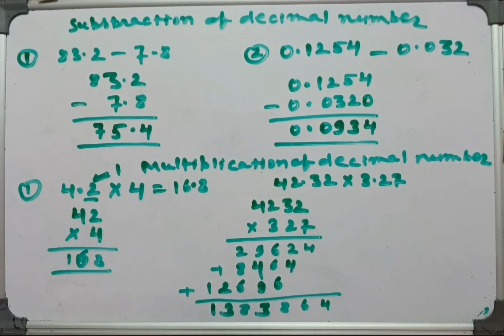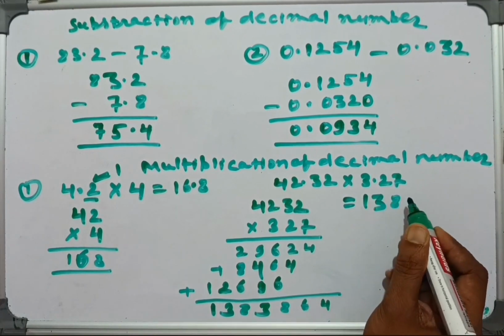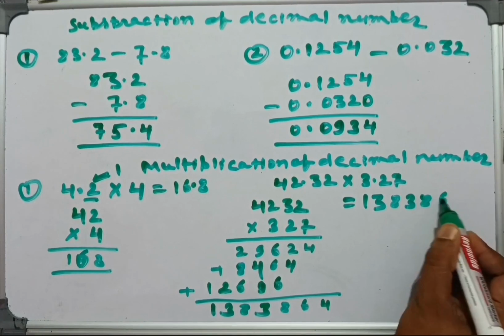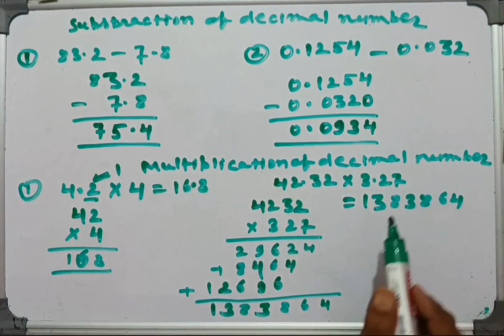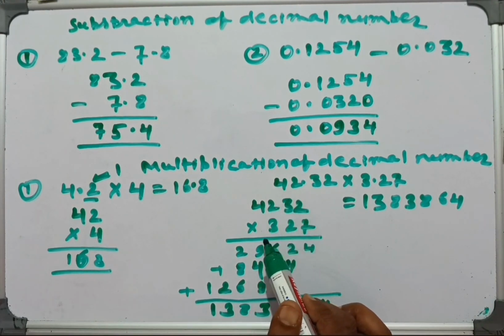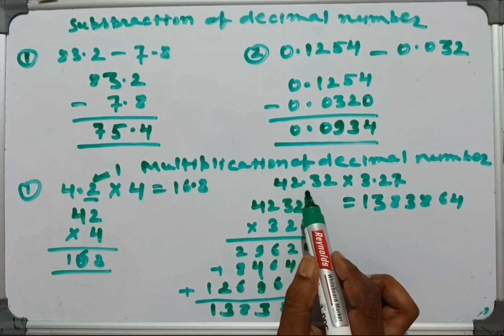So the final answer is 1383864. So we write here 1383864. Now this one is a simple multiplication of whole numbers, but in our question there are two